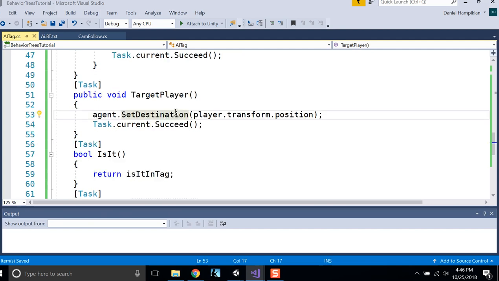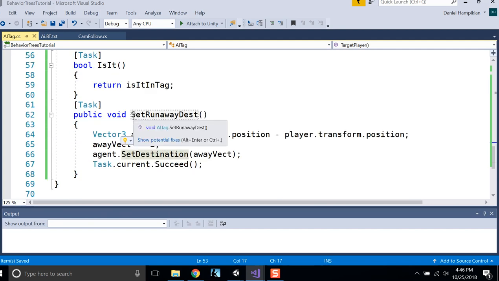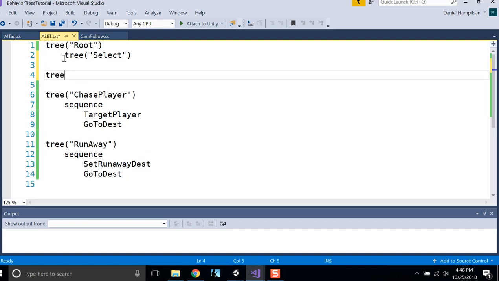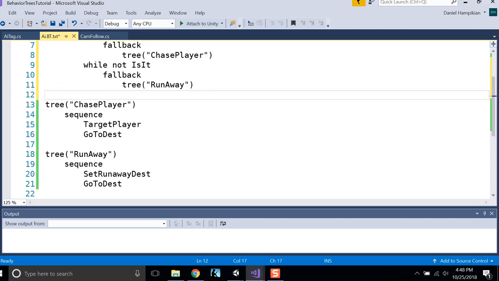And that tree we will have a fallback, and we'll say while is it fallback tree chase player, which is a sequence, and then while not is it, we'll have a fallback to our tree run away, which sets the runaway destination in sequence. All right, let's save that